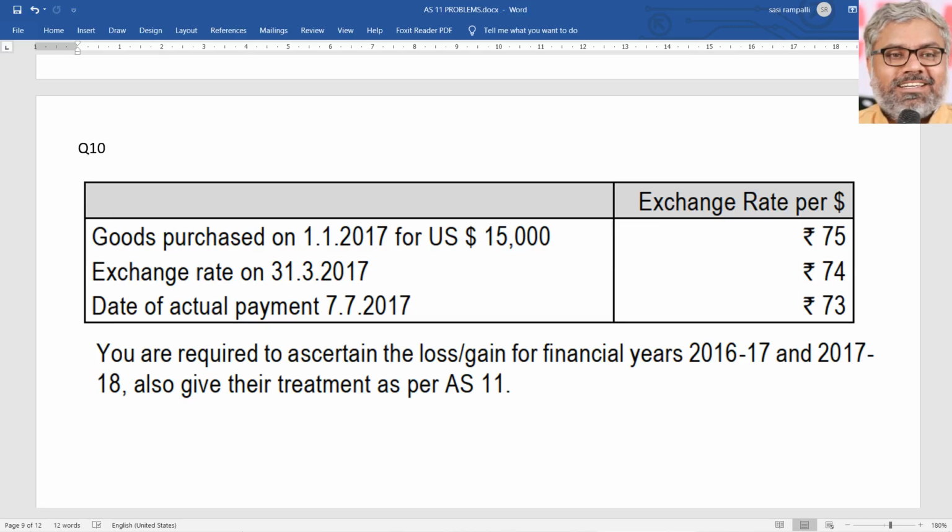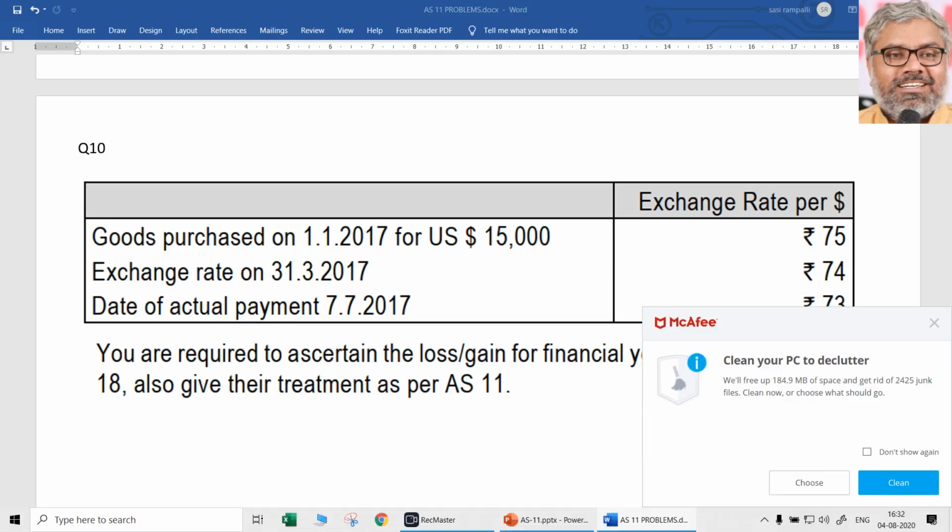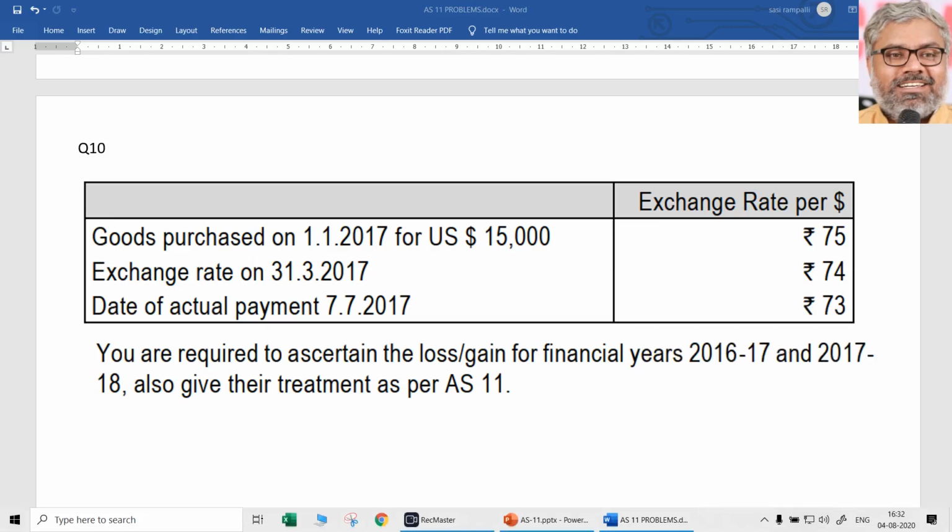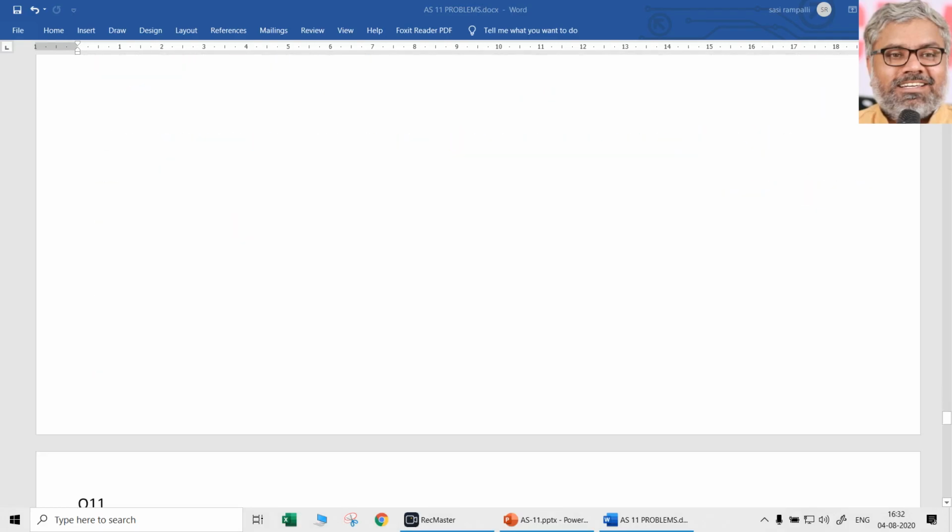Simply speaking, creditors account Dr. to bank 10,95,000 rupees, that is actual settlement. But because of this, there is further creditors to be decreased because already the creditors in our books of accounts are more. So creditors account Dr. 15,000 to exchange difference once again, which is a gain. 15,000 will be recognized on the date of settlement, and that exchange difference 15,000 gain will be transferred to the P&L account at the end of that year. 15,000 rupees gain in the year 2016-17, 15,000 rupees gain in the year 2017-18 will be recognized in accordance with accounting standard 11. That's it.